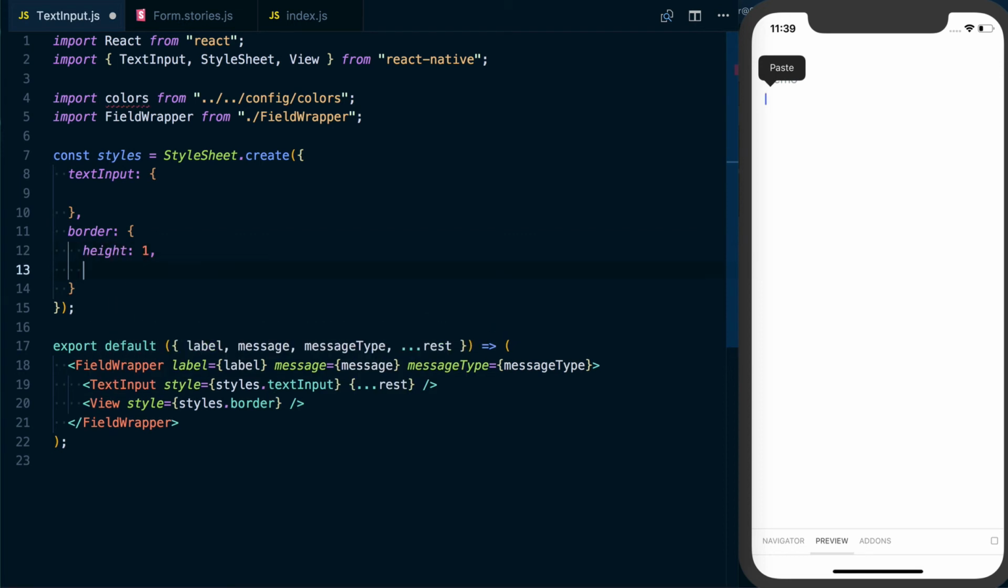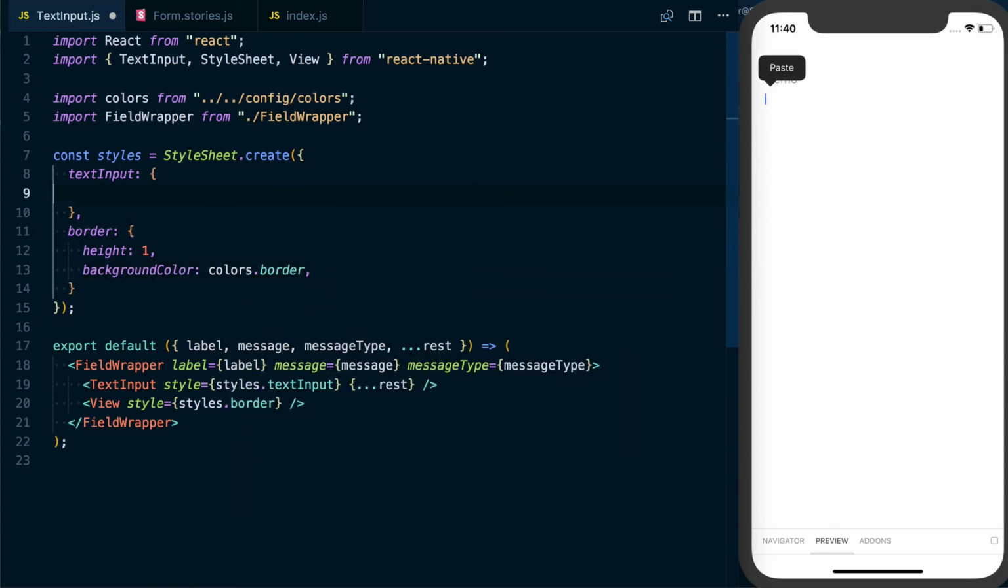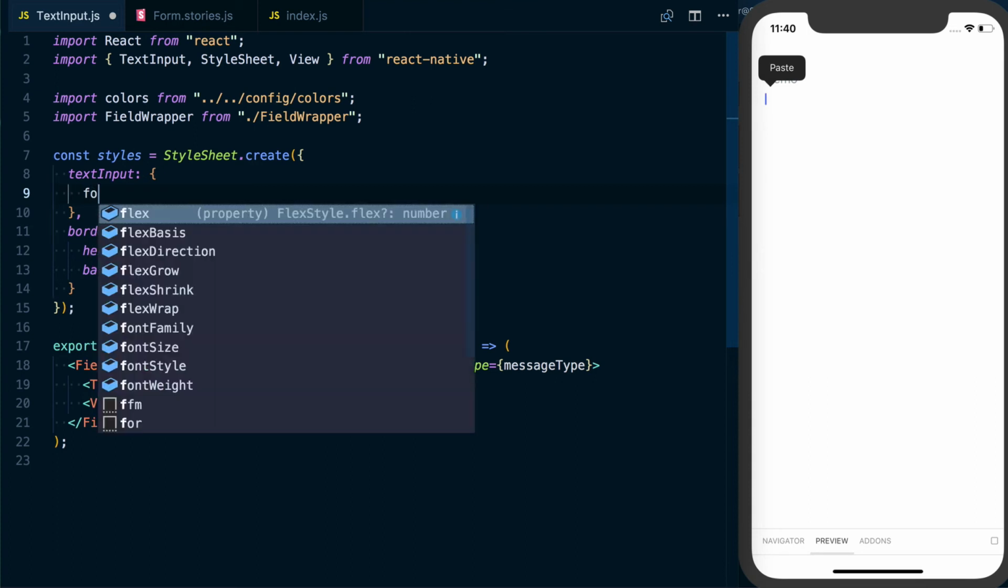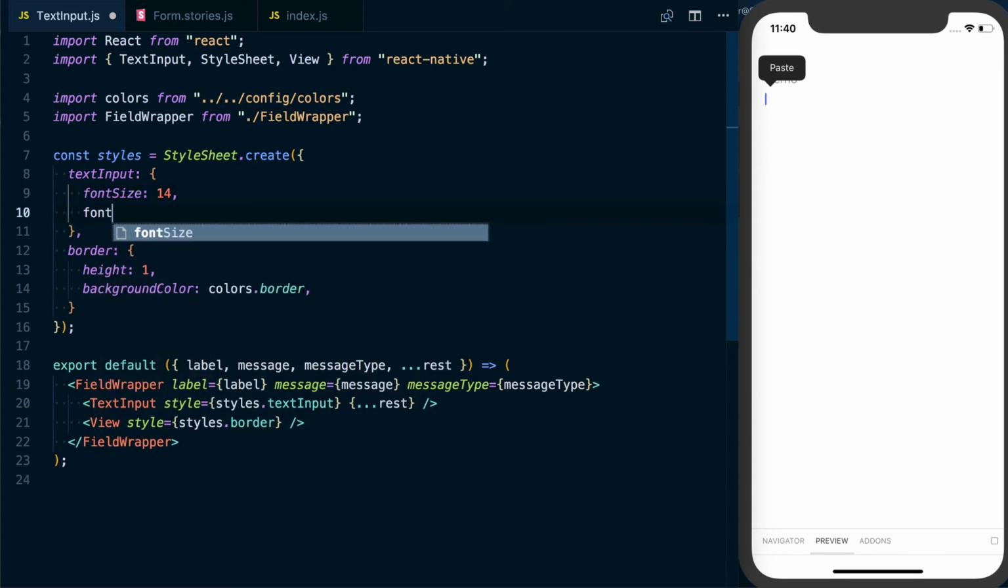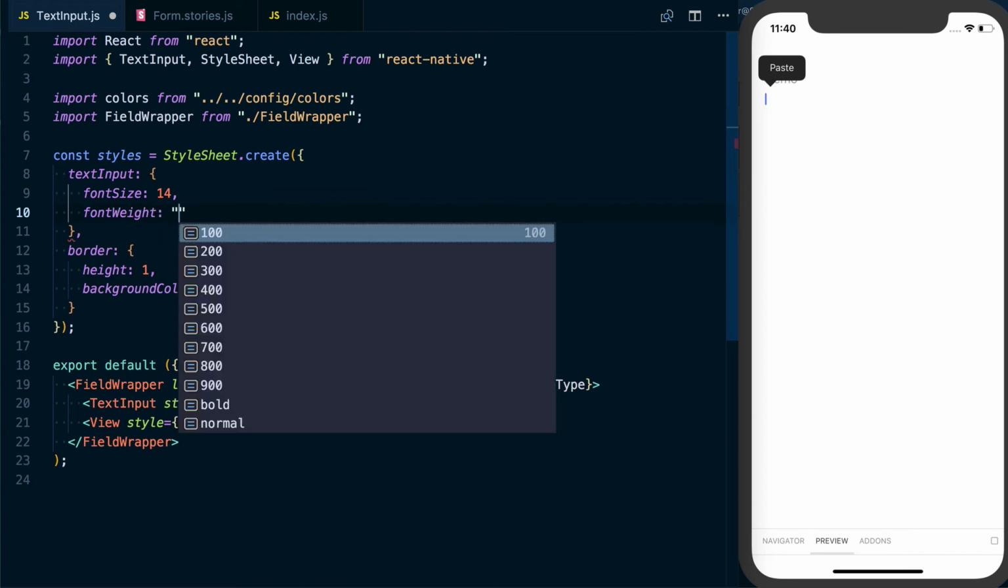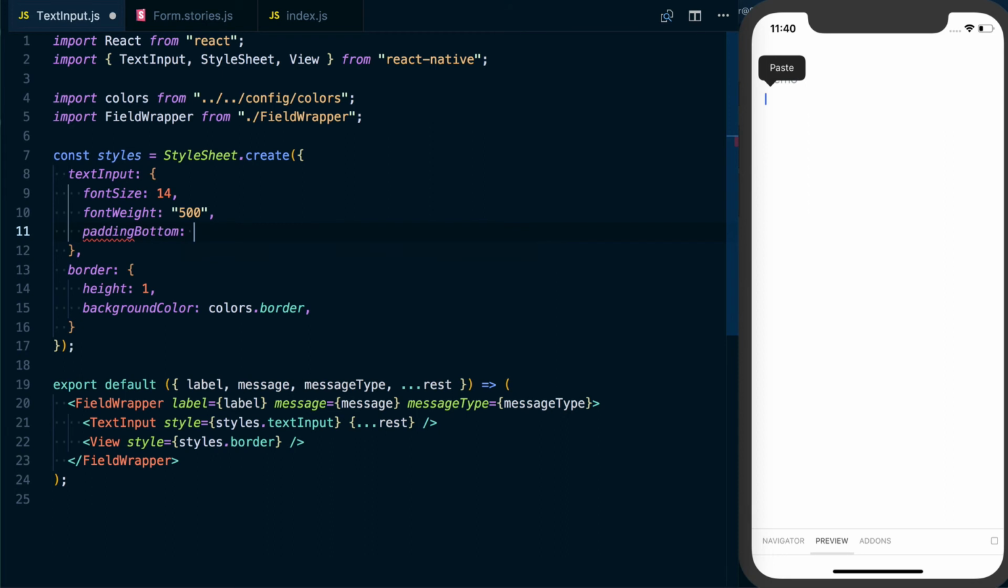It's got a height of 1, and it's going to have a background color of colors.border. Text input is going to be a font size of 14, font weight of 500, and then we'll also give it a padding bottom of 10. Okay, cool. So we're actually seeing things now. You can see our text input. We can type into it. If we go back to